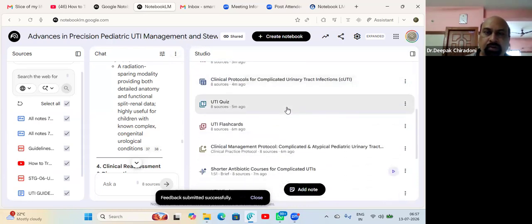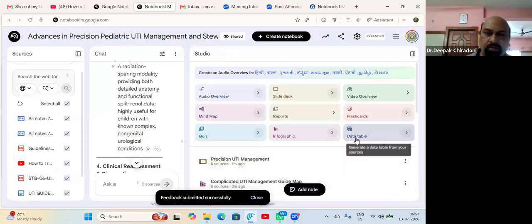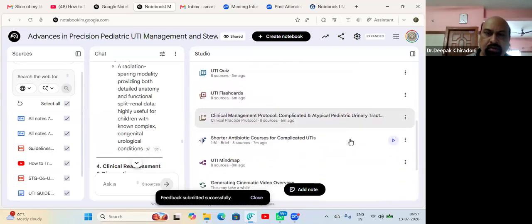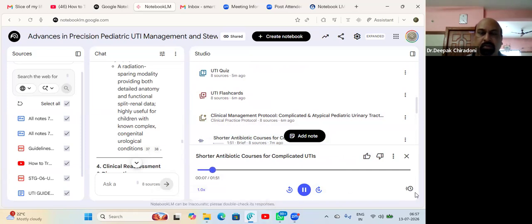Now we go to this section. This is a report I think we have gone through. So this is the audio podcast. This is the brief on complicated urinary tract infections. We're seeing a huge overhaul in UTI management right now, ditching those aggressively long treatments for precision diagnostics and much shorter therapies to fight antibiotic resistance. First, we have to know what we're actually treating. A complicated UTI means high risk factors, like being a newborn or having an anatomic